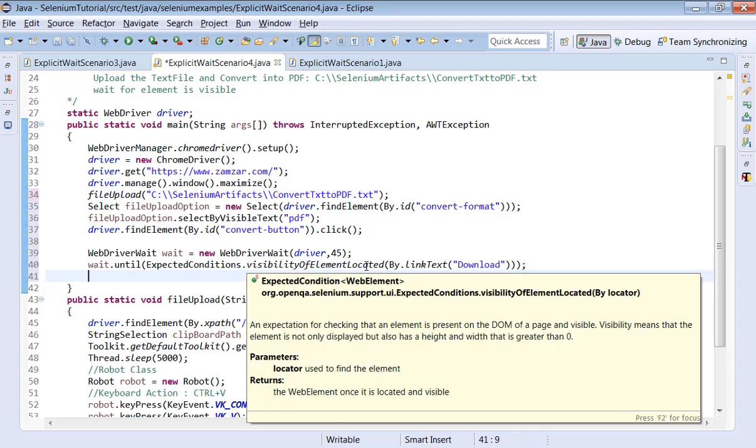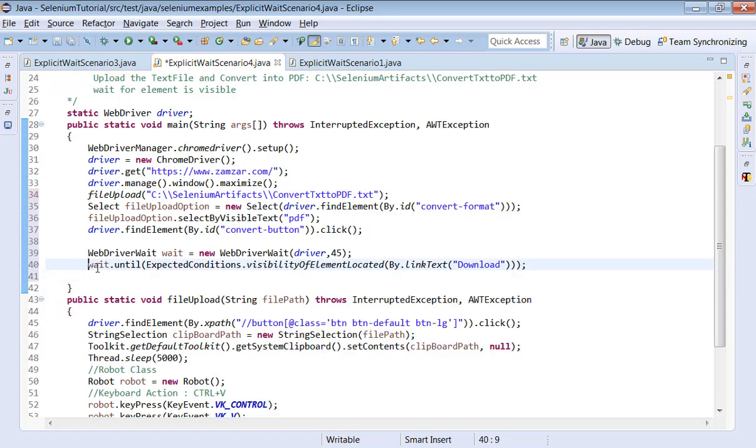When you place the mouse over this method, it returns a web element as a response. You can look into that. The visibility of element located by returns a web element. So put here a web element, say download web element.